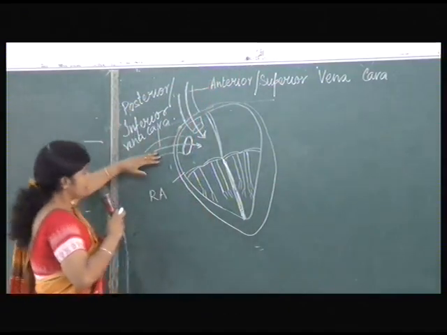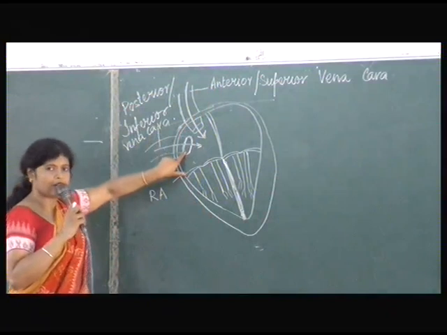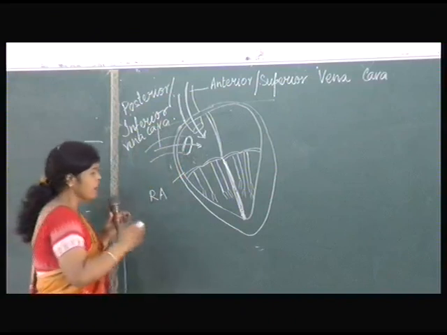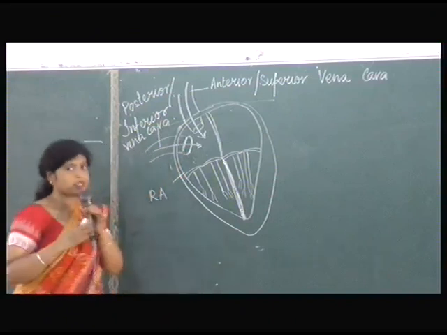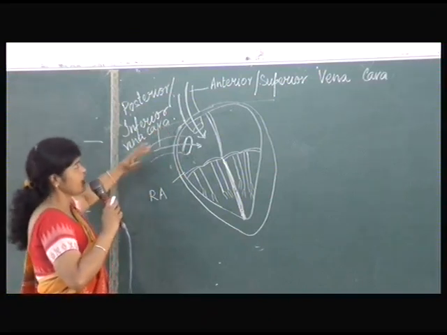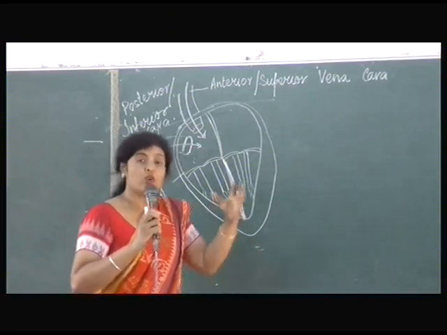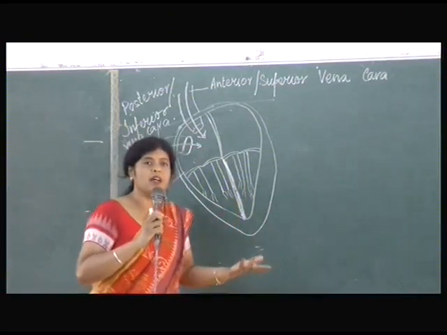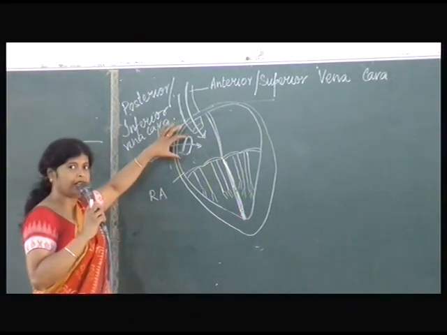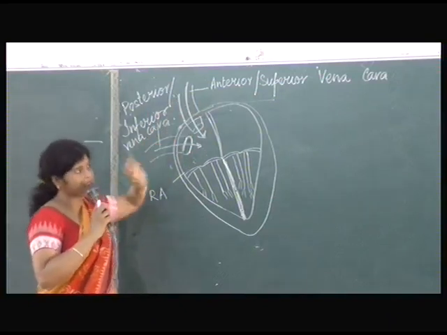Now in the same way, the lower part is known as posterior. So we call this vena cava the posterior vena cava. We also call it inferior vena cava because it is bringing blood from the organs which are located below the heart. Is it clear? So this is the inferior vena cava. We have more organs located below our heart, so more blood comes from the organs present below our heart. That is why the inferior vena cava is thicker than the superior vena cava or anterior vena cava.